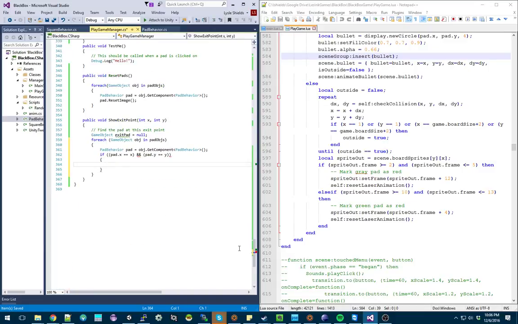Alright, we're going to walk through the list of pads. What I'm trying to do is determine which pad I exited on. So I'm going to walk through the list and find which pad object is at that given X and Y. And then as a safety check, if I didn't find it at all, nothing happens. But if I did find it,